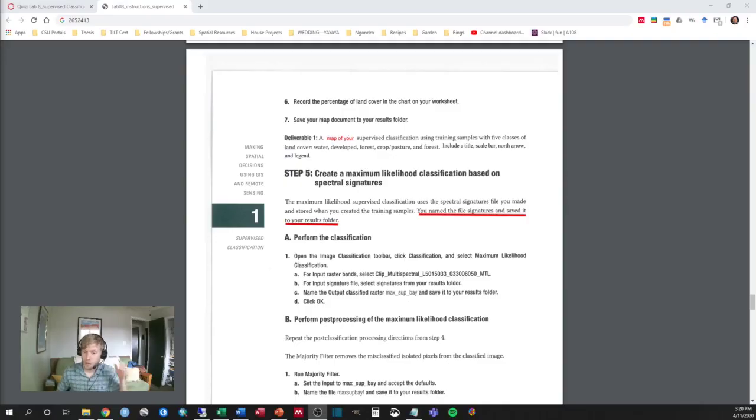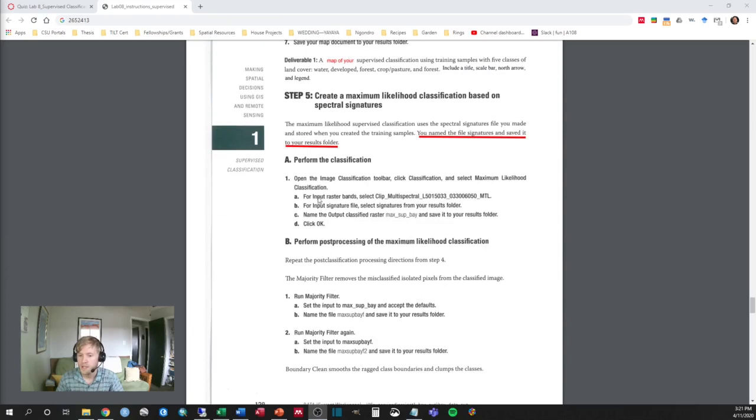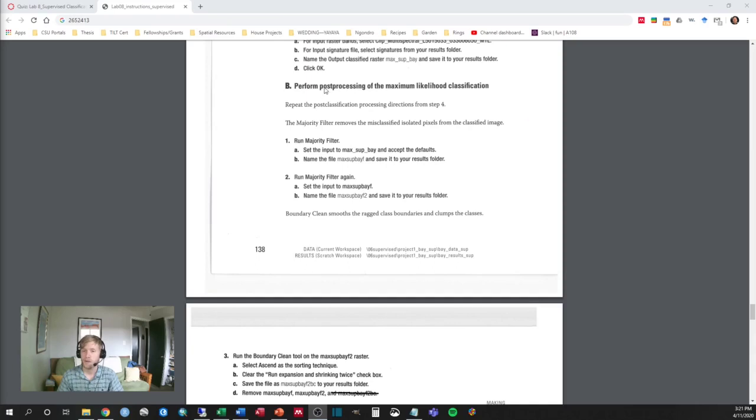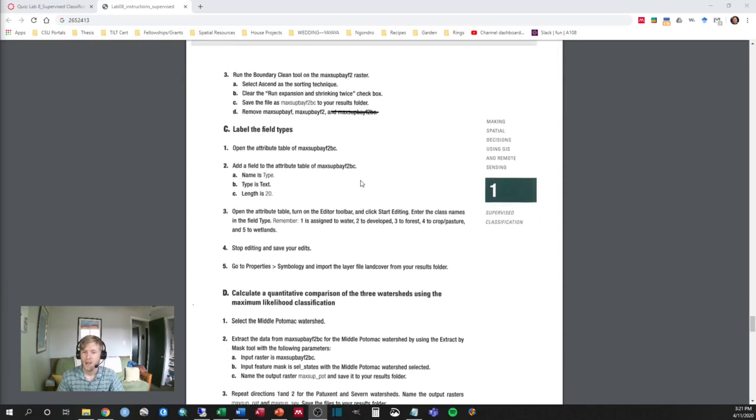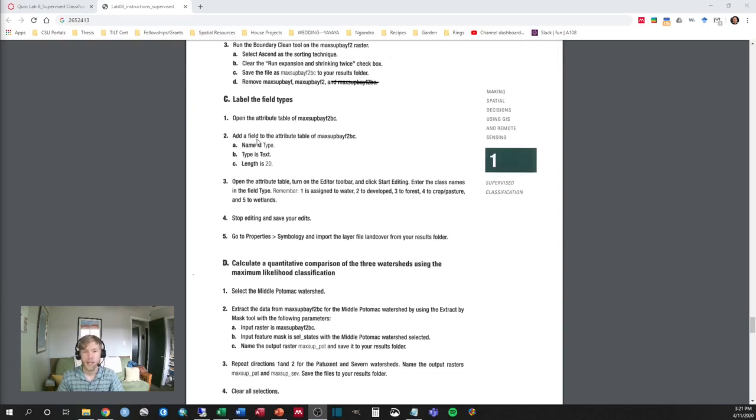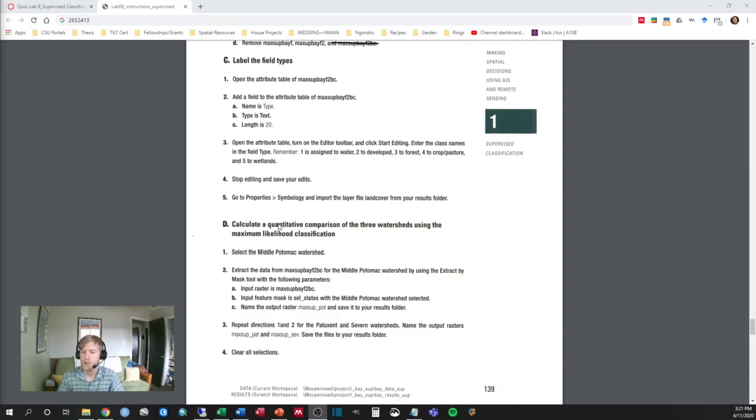For step 5, we're going to go through a lot of the same steps that we went through in step 4, but with a different type of classification called maximum likelihood. So this is just another algorithm that can be applied to the training data that we give it. So to start off, you're going to perform the classification, and it'll give you steps for that. And then you're going to run through the post-processing steps that I just talked about in the last one. And by now you're probably getting pretty good at just going through those steps. And then adding the field names or the class type names in a new field in the attribute table,